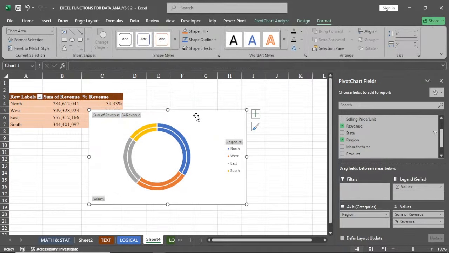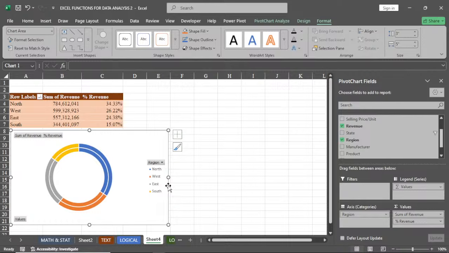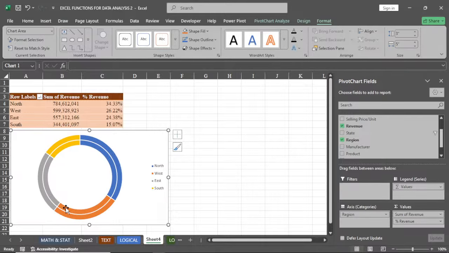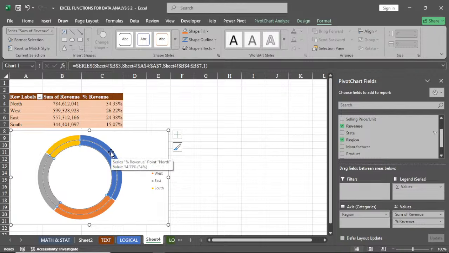We have our chart. Let's say in this chart, I don't want this. Let's hide all field buttons on chart. So once I click on it, that is being hidden. I can come over to this, select this, and select this, right click,